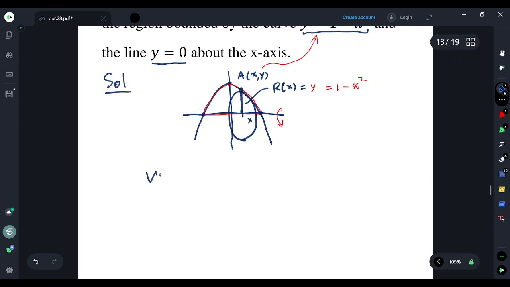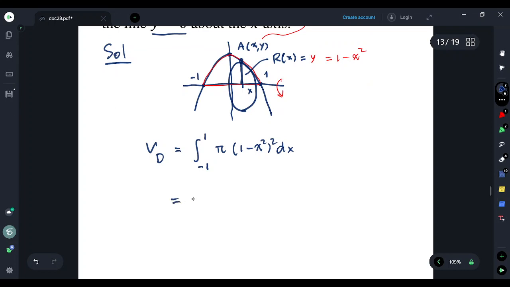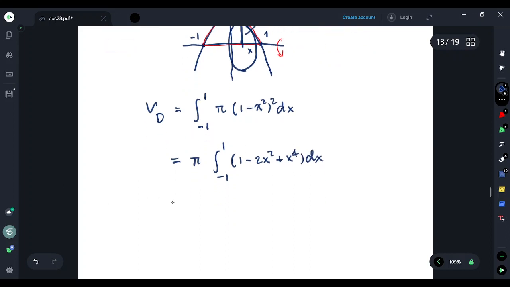Then we follow the volume of the disk, the volume for rotation when you have cross section to be this. Integrate from -1 to 1 of pi multiplied by R(x) squared, so it is 1 minus x squared, and dx, right? So we integrate from -1 to 1, and then I expand the 1 minus x squared to get 1 minus 2x squared plus x to the power 4 and dx, and then we integrate to get